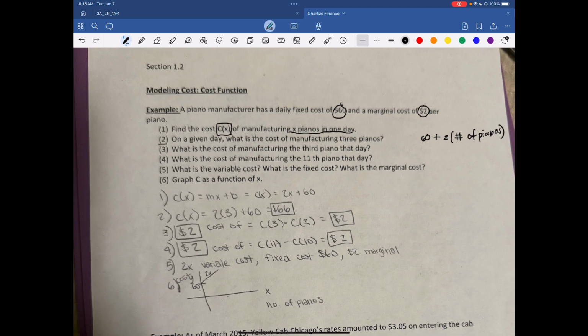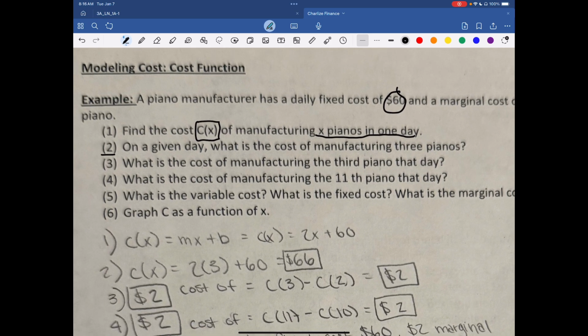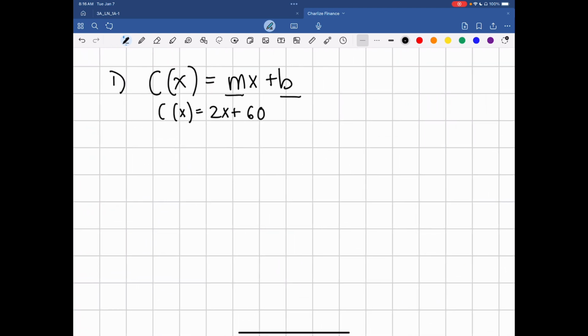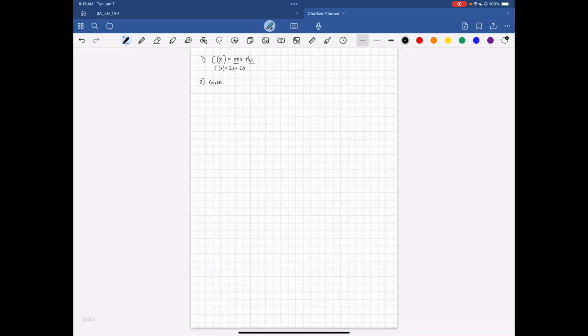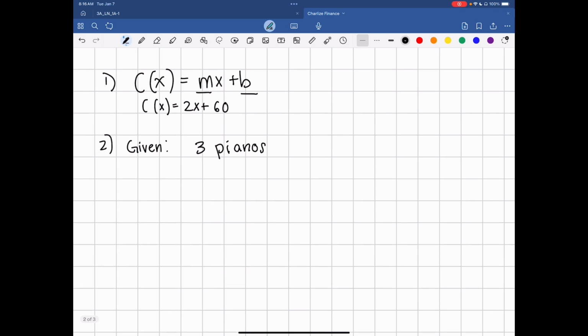On number two, on a given day, what is the cost of manufacturing three pianos? For this one, it would be helpful to write down what you're given first. It says that you manufactured three pianos. And as we already know, C of X is cost,